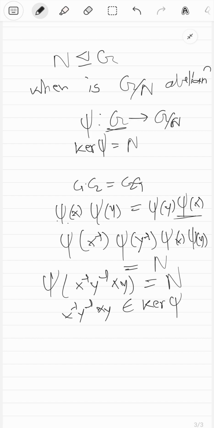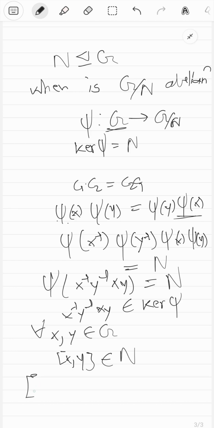So what we just showed is that for all x, y in G, their commutator x comma y is going to belong to the kernel of psi, which is just N. So for G by N to be abelian, this is going to happen. And so we can construct this new sort of group, which is called the commutator group. People write it as G comma G. I do not like this notation, but I'm still going to stick with it. So it's basically the group generated